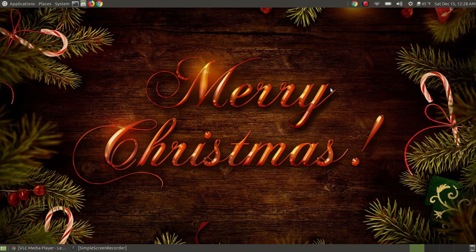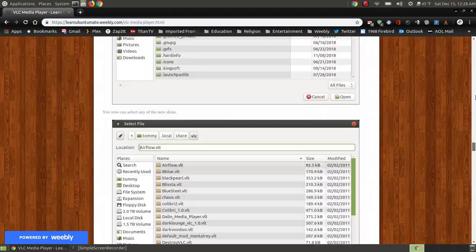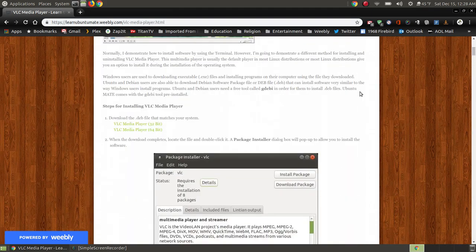Another way of installing it is if you go to my website and scroll up to the top, I have links to the newest version. I have a 64-bit machine, but you may be running an older system that has a 32-bit machine. If you click to download the deb file, now in order to run a deb file, if you're using Ubuntu